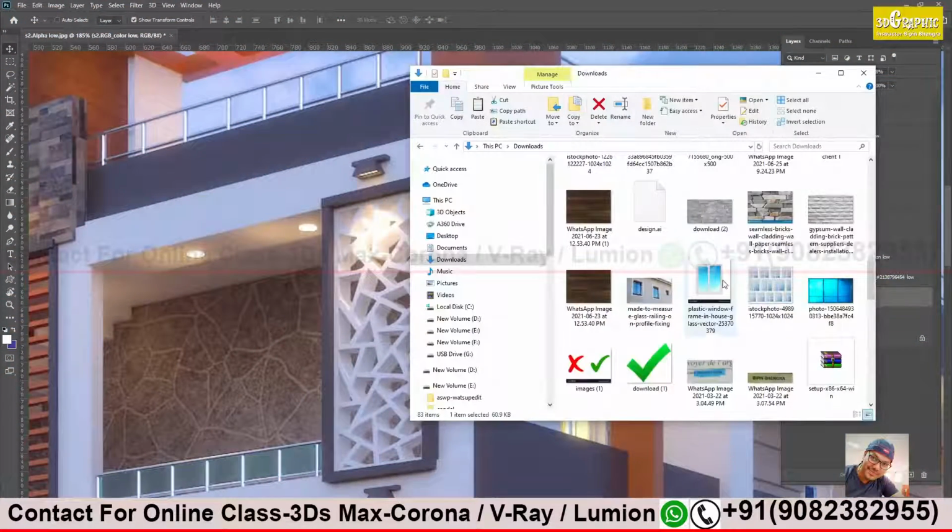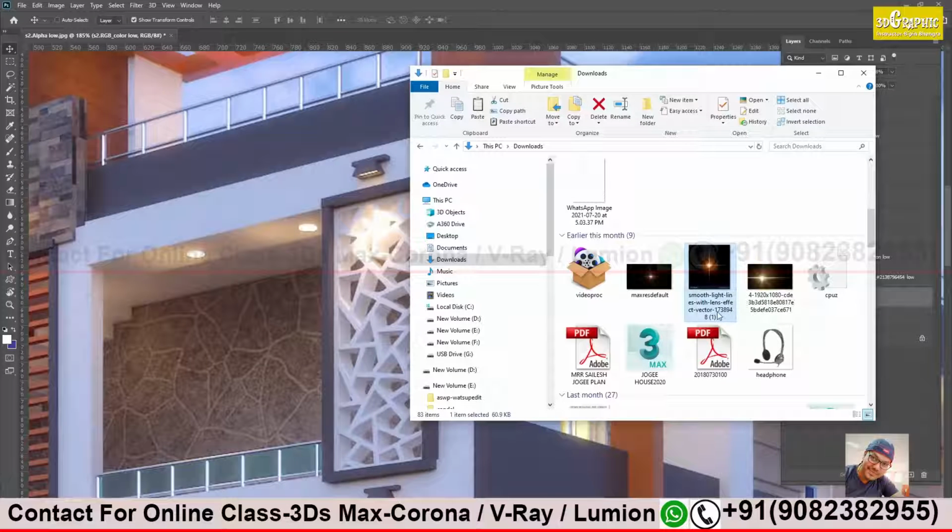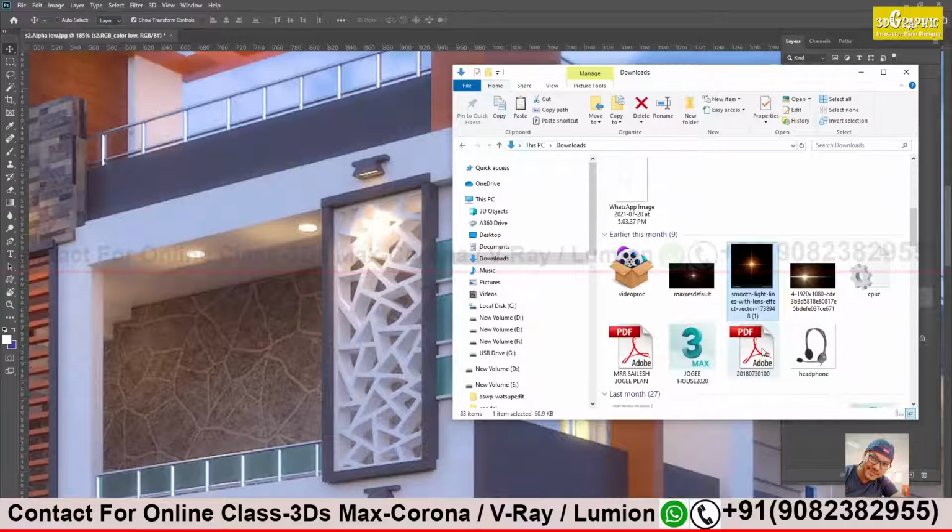Lens flare. No, sir. Okay, I will tell you, it's not a big deal. And one more thing, sir, the window background images as well. How to download those? Okay, I will tell you. That's not an issue. Let's first complete this, then I will go for the window one. I will try to use this, and then I will tell you how we can download this.